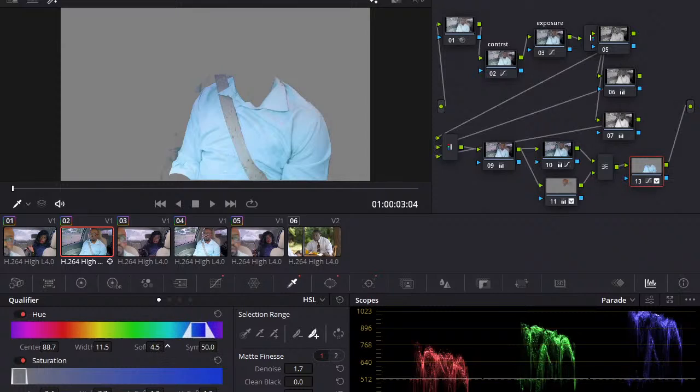So, saturation. Yes, as you can see, I've gotten rid of the seat belt. You can increase the saturation, making sure that it's only the shirt being selected.